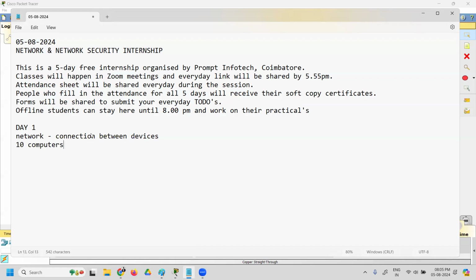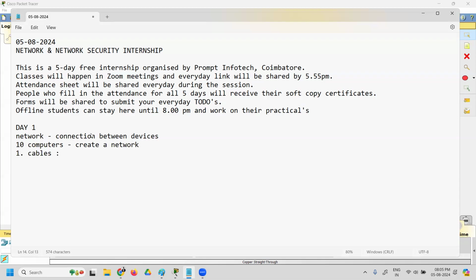So basically, let's assume you have 10 computers with you, and for these 10 computers, you wanted to create a network. In that case, you need certain network devices. You need certain network transmission media, right? So the first thing which you will need is the cables. We are not going to see all hardware or any kind of theory topics here. All that I'm going to tell you is what you see every day in your day-to-day lives, and what assignments you're going to do. Based on that, I'm going to tell you each and everything.